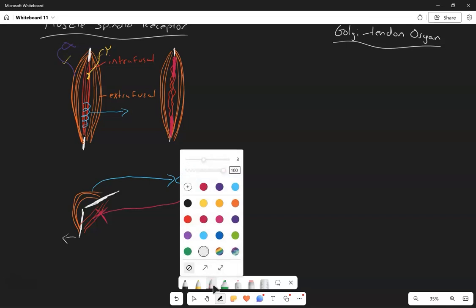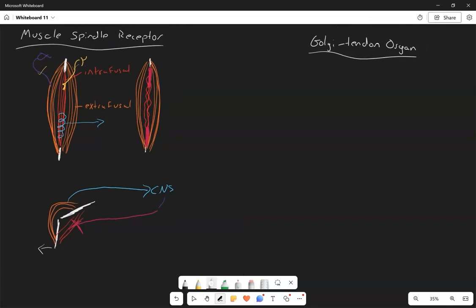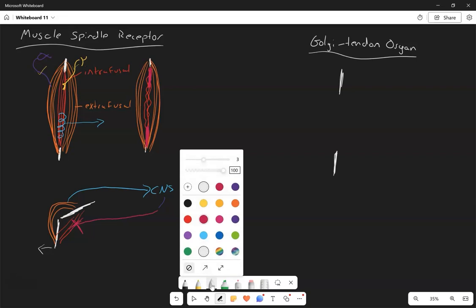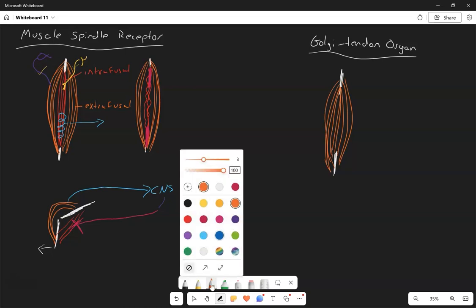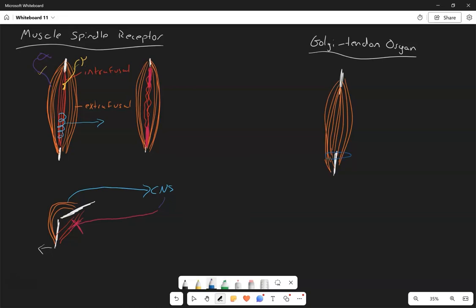Now, the Golgi tendon, this one's just a little bit easier. We have our tendon that's going to connect to our bone, and then we have our muscle. And I'm not going to separate this one into intrafusal or extrafusal, because for the sake of this argument, it doesn't matter. But the Golgi tendon organ sits down here at the junction of the muscle and the tendon,